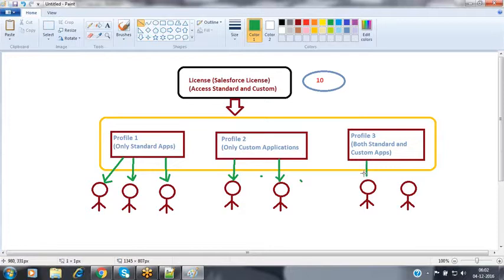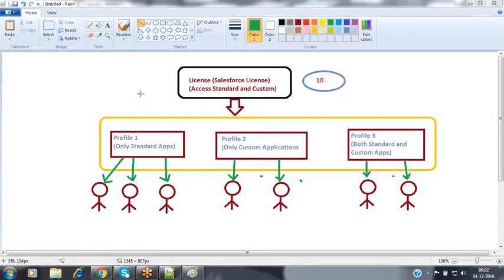But there are some problems with the standard profiles, where we cannot modify all the features of standard profiles, so it is always recommended to create your own custom profiles, and then assign those custom profiles to your users. Because if it is a custom profile, then in future if it is no longer needed, we can remove that custom profile also.